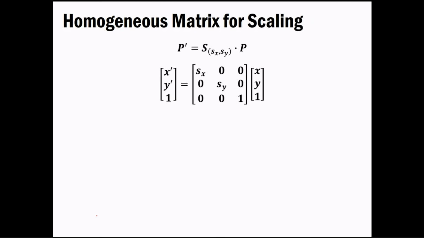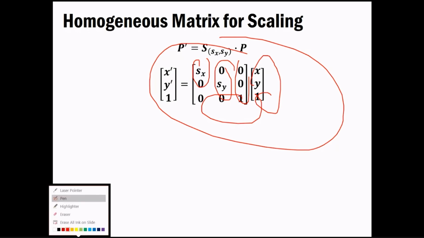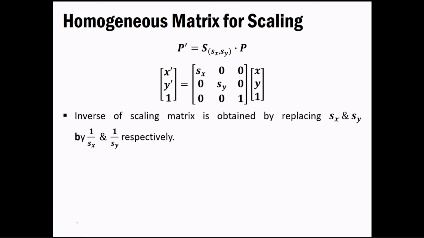And then for scaling, again we just need to multiply it with the pixel value. Obviously we have sx 0 and 0 sy, and we have considered the whole of this same thing over here, that is 0 0 1, and then a 1 value along with the (x, y) value as well. Now for scaling, if you want to take the inverse of the scaling matrix, then you have to take 1 by sx and 1 by sy. So that is what it says.